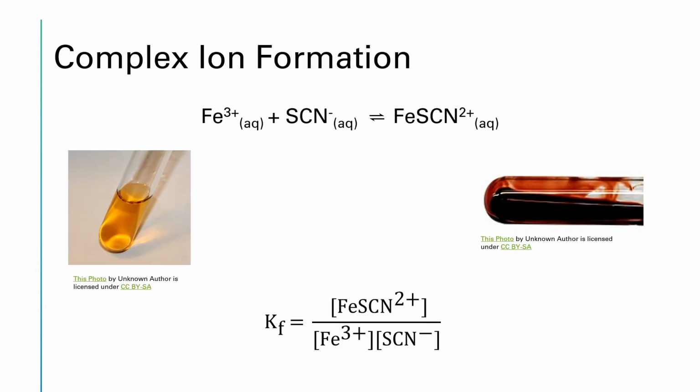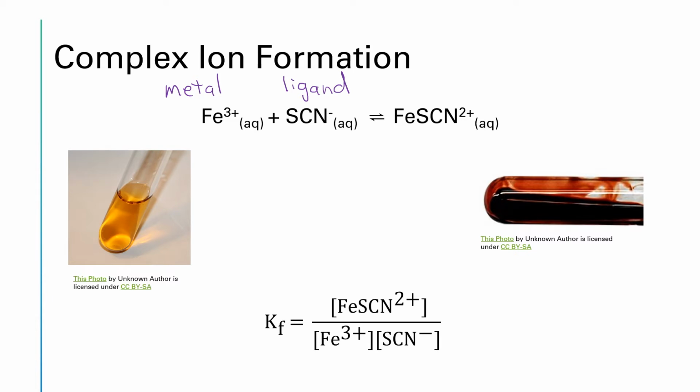So a complex ion is formed when you have a metal like Fe+3, and it combines with a ligand. Okay, so we have a metal ion that combines with a ligand, in this case the thiocyanate